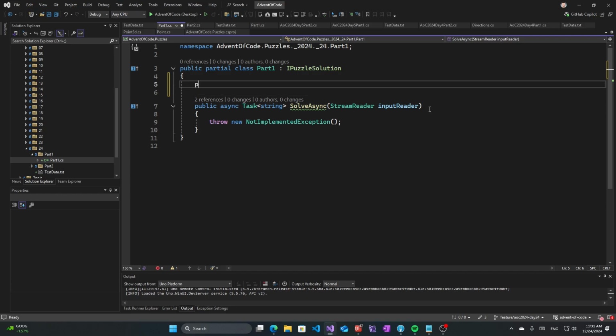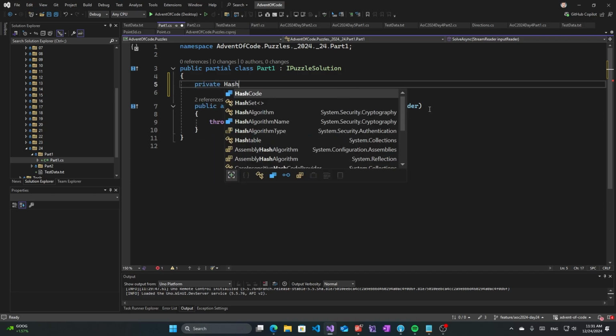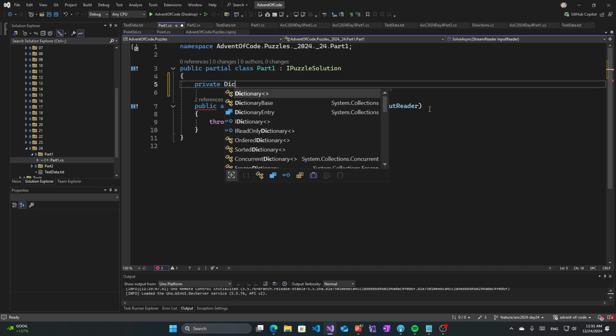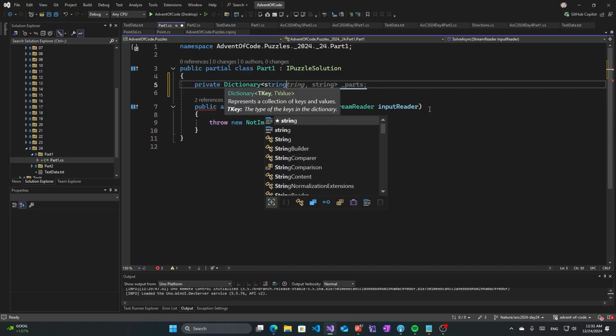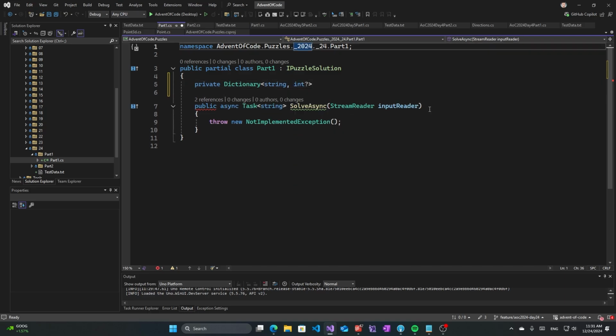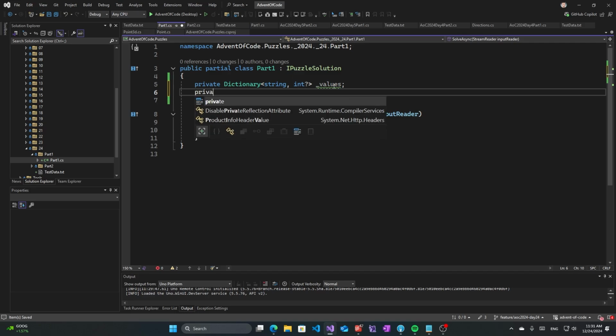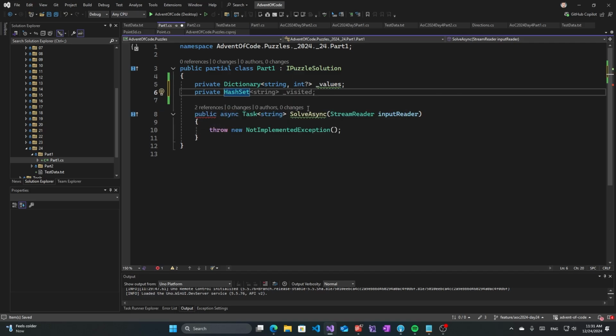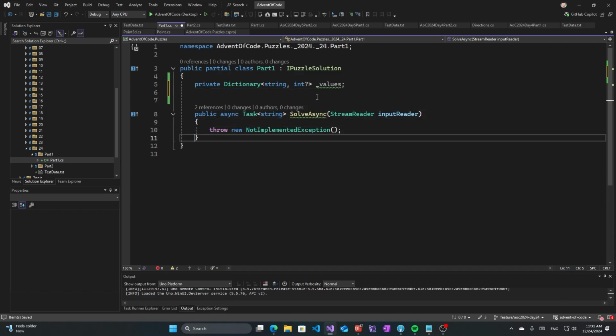We'll have some kind of hash set, or rather this way, a dictionary of string to int values. We'll have a dictionary of hash set, or rather let's create a